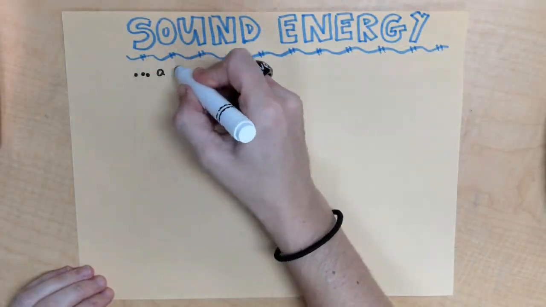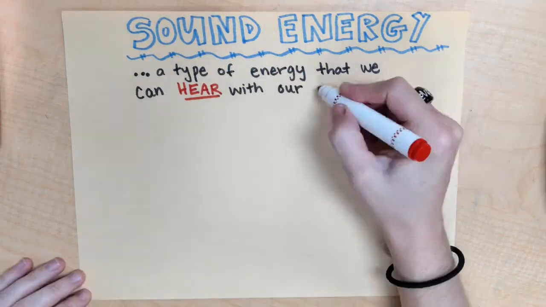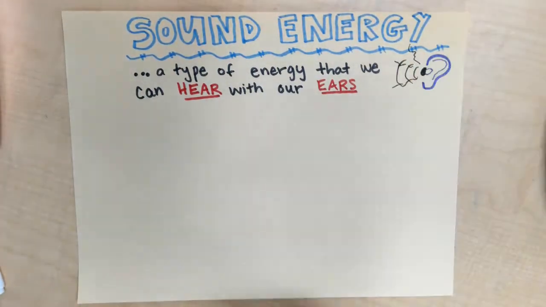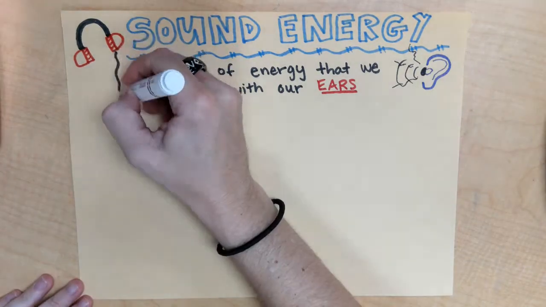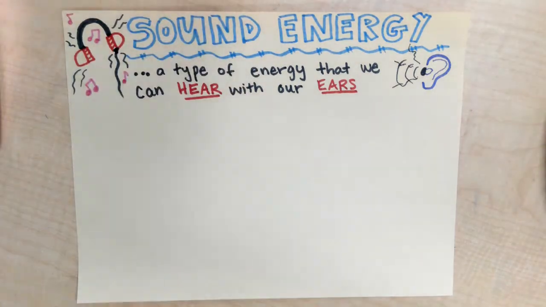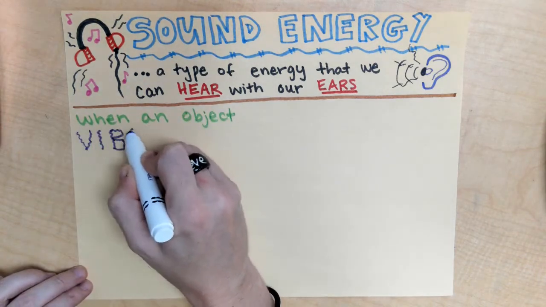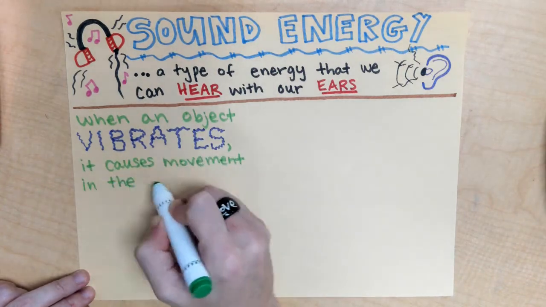Yes, it is sound and light energy. So when we talk about sound energy, basically that's just a type of energy that we can hear with our ears. And when an object vibrates, maybe it hits something or something comes in contact with it, it causes movement in the air around that object. And that creates sound waves, and those sound waves travel through the air to our ears,